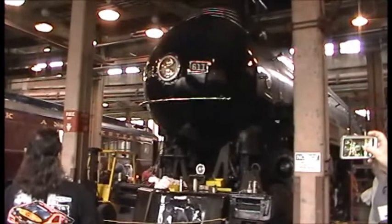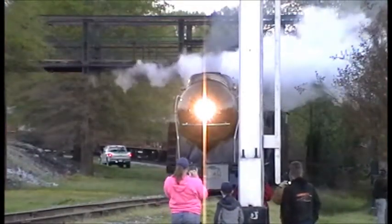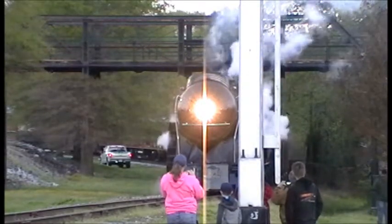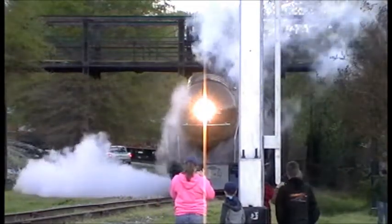Once the FRA work was completed, her excursion season was set to begin. The weekend of April 9th, the 611 would pull 2 round-trip excursions. The first was from Spencer, North Carolina to Lynchburg, Virginia, and the next day was from Spencer to Asheville, North